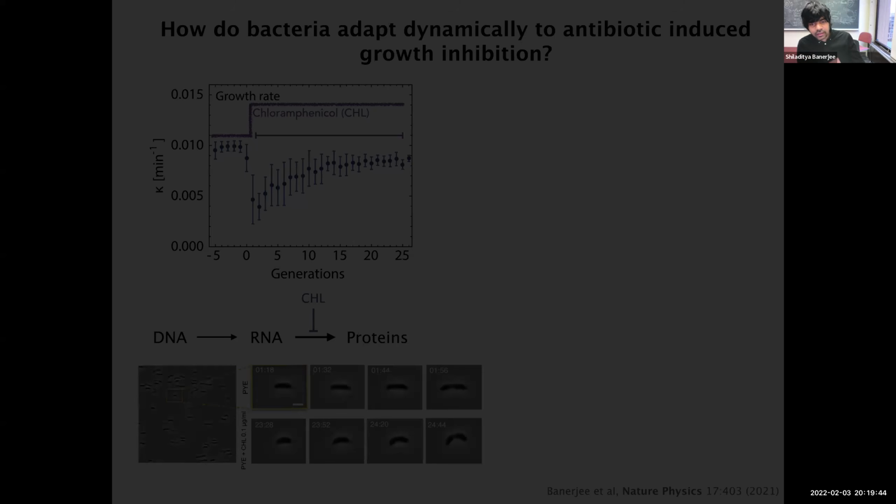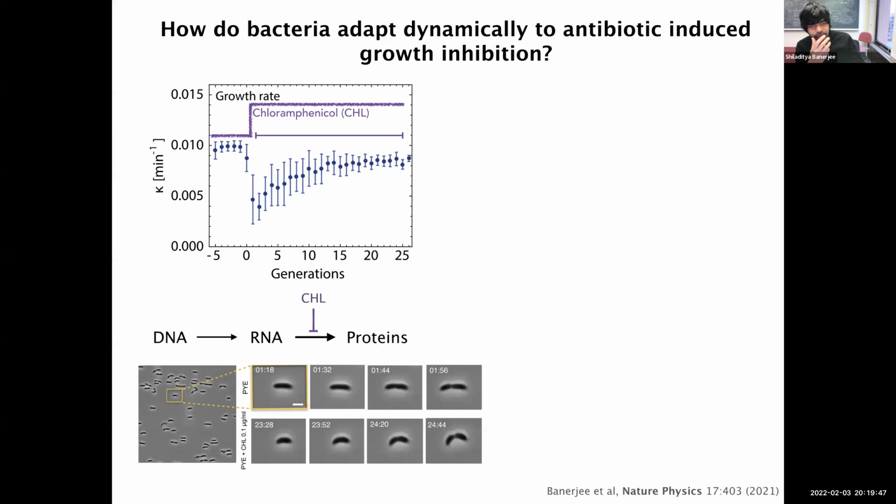This is something we did in my postdoc lab. We can watch bacteria, how fast they grow under antibiotic action. Let me describe the experiment to you. What I'm plotting here on the left is the growth rate of the bacteria, and I apply a drug at generation 0. What the drug does is it reduces the growth rate of bacteria. You apply a certain dose of the drug to the cell, and the growth rate drops sharply after application of the drug, but over time it comes back, it recovers its growth rate.